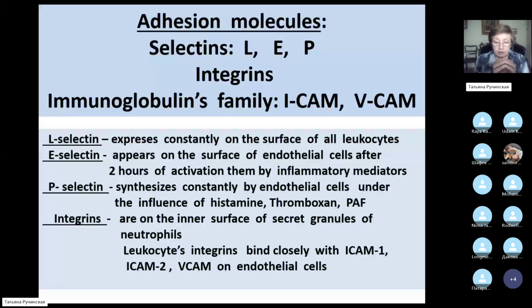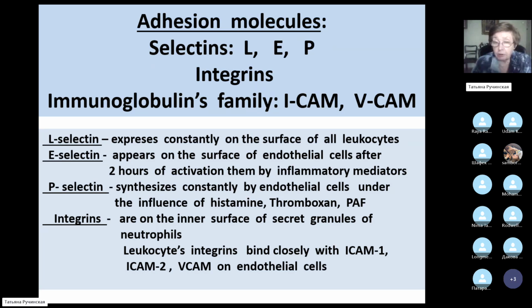When the neutrophil is activated by chemoattractants, this granule comes closer to the plasma membrane, binds to it, opens, and these adhesion molecules, selectins and integrins, appear on the surface of the neutrophil. That is why the adhesion molecules on neutrophils appear very early,